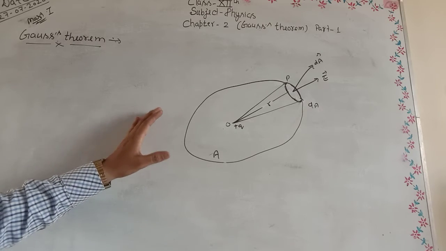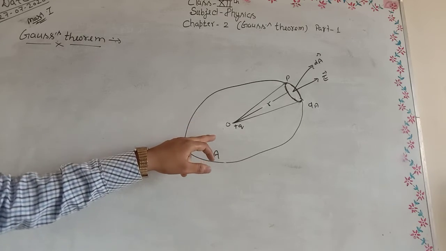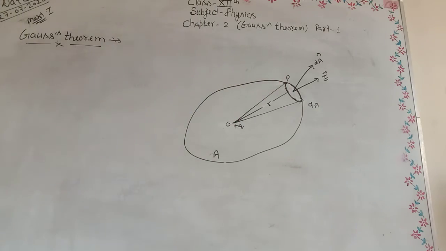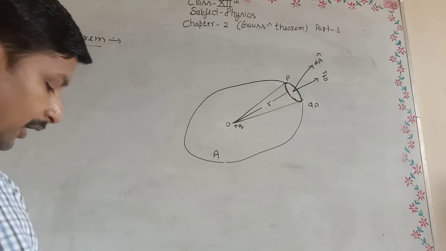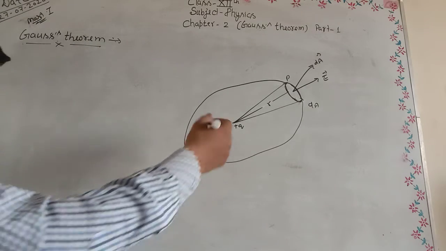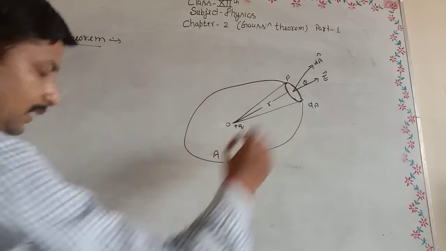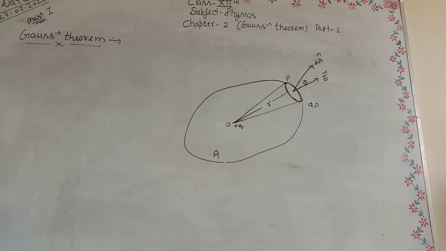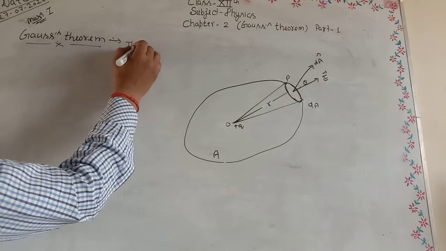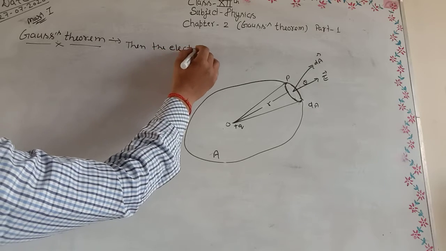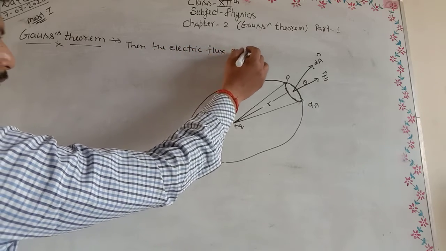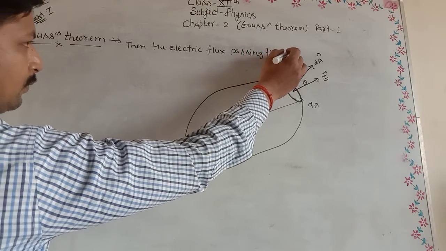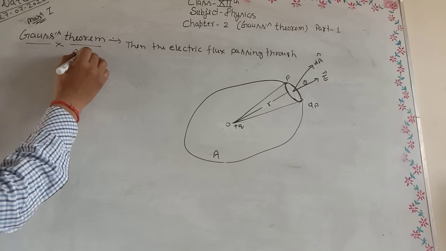Let a plus Q charge be placed at the point O, and a point P at a distance small r from O. Then draw a Gaussian surface passing through the point P. If the area of element at P is dA, then the electric flux passing through the point P,